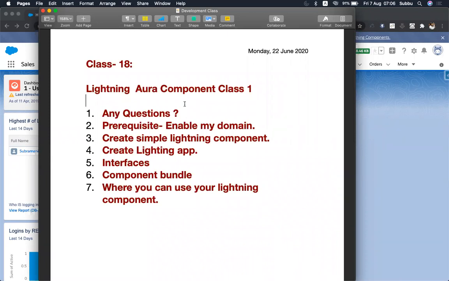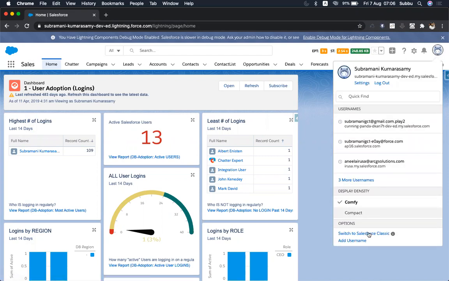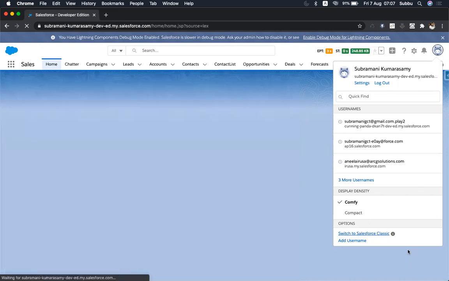So, what is Lightning? Before we start creating Lightning or any of the components, what is Lightning? So we have an option to switch to Lightning, switch to Classic, right? Here. So the first thing you notice is the difference between the Classic and the Lightning.